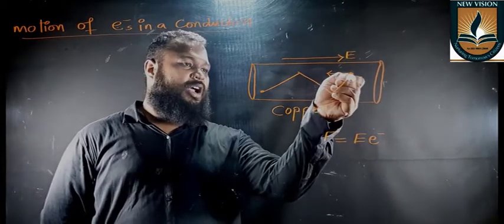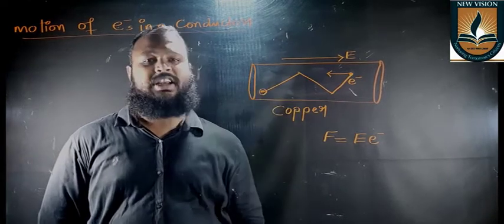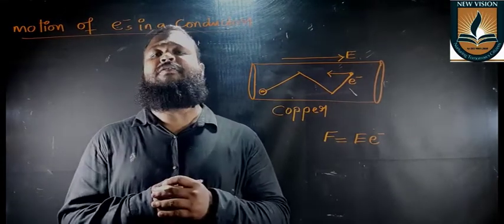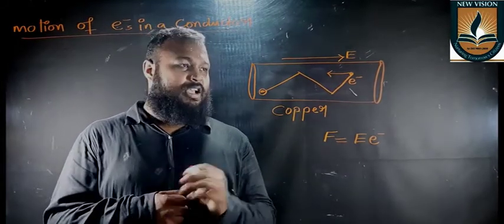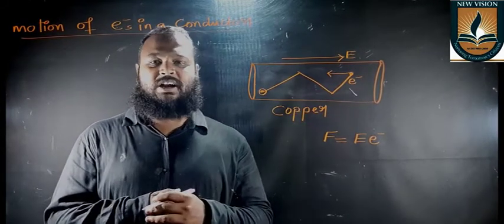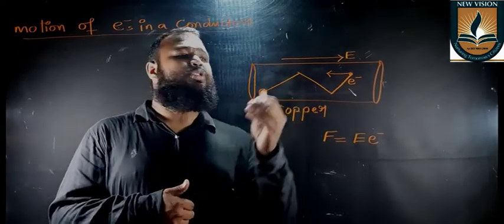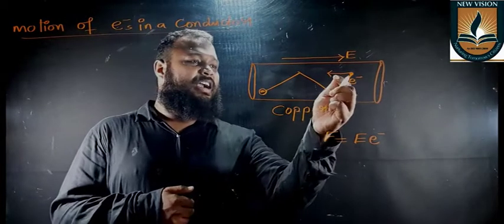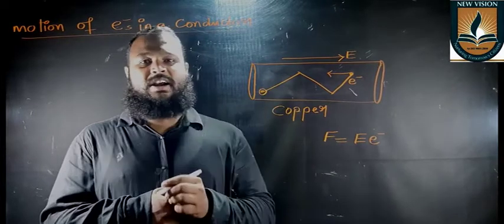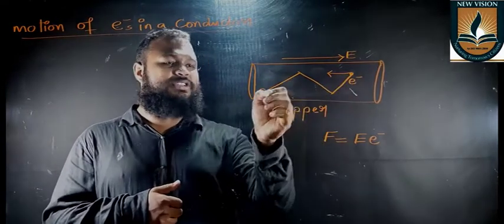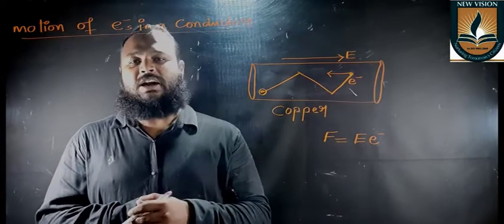So now see what happened when an electric field is applied on a conductor. This electron, after colliding with many positive ions, finally reached the other end, and hence there is net flow of charge. That means there is current in this conductor. So in order to have current in the conductor, an electric field must be set up in the conductor. Due to that electric field, an electron is acted upon by a force, is pulled to the other end by making collisions with the different positive ions, and hence this is the path of the electron.